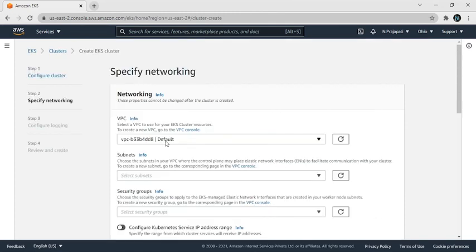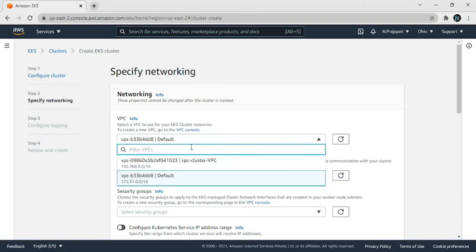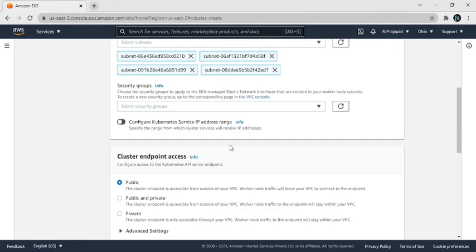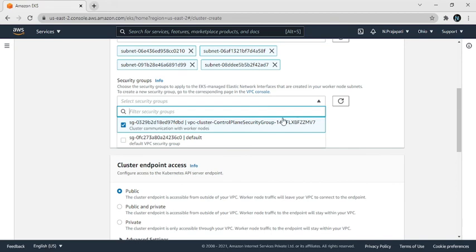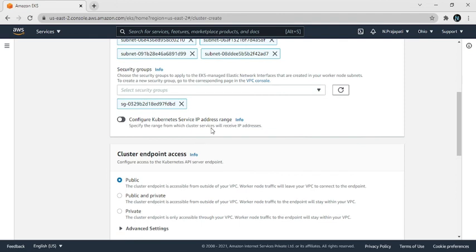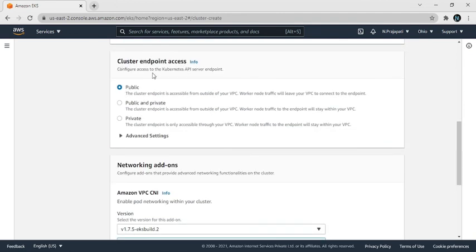So now click on next, and for the VPC, select the default VPC or the VPC cluster we created. Select our VPC and select a security group. Create a group, and now for cluster endpoint access, which is public and private, in public and private, the cluster endpoint is accessible from outside of your VPC, while worker traffic to the endpoint will stay within your VPC.